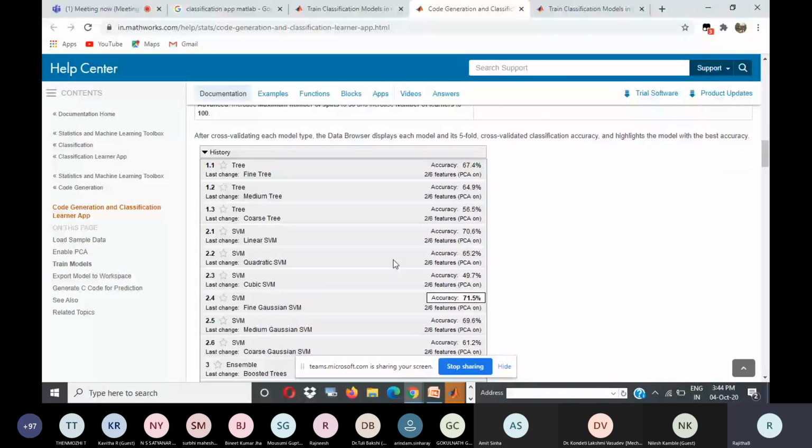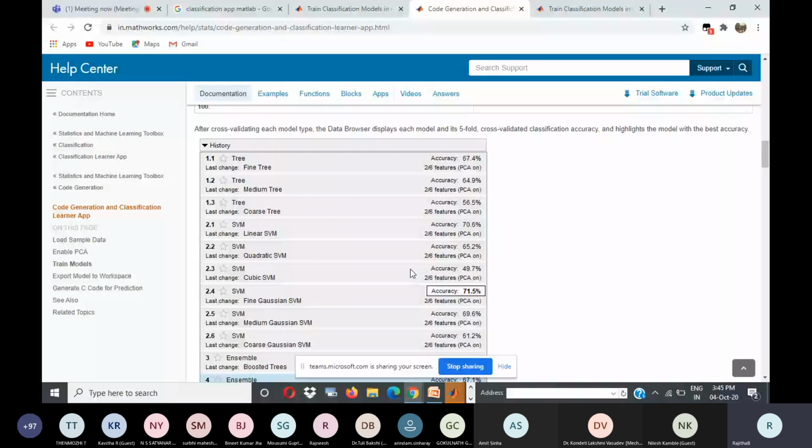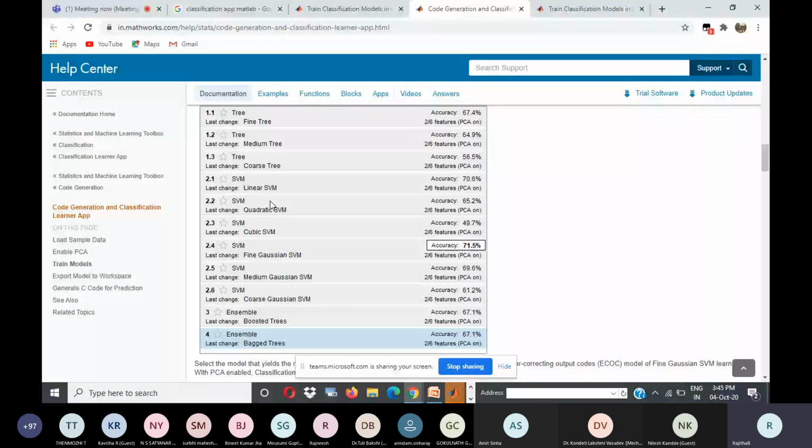It can classify either through tree based or SVM based, and in SVM also depending on different kernel functions like linear SVM, quadratic SVM, cubic SVM, and so on. So you can classify that particular feature vector data using any machine learning technique which is already available in MATLAB.